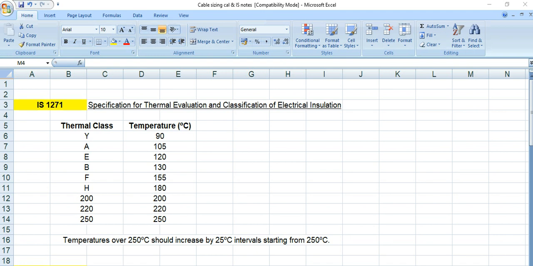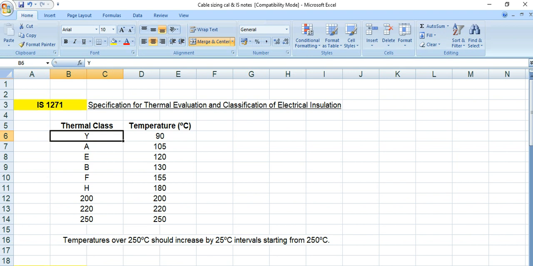As per IS 1271, this thermal specification, insulation level, and thermal temperature class is specified. So this is the thermal class, and this side is the corresponding temperature. Suppose you can see all the electrical equipment are rated